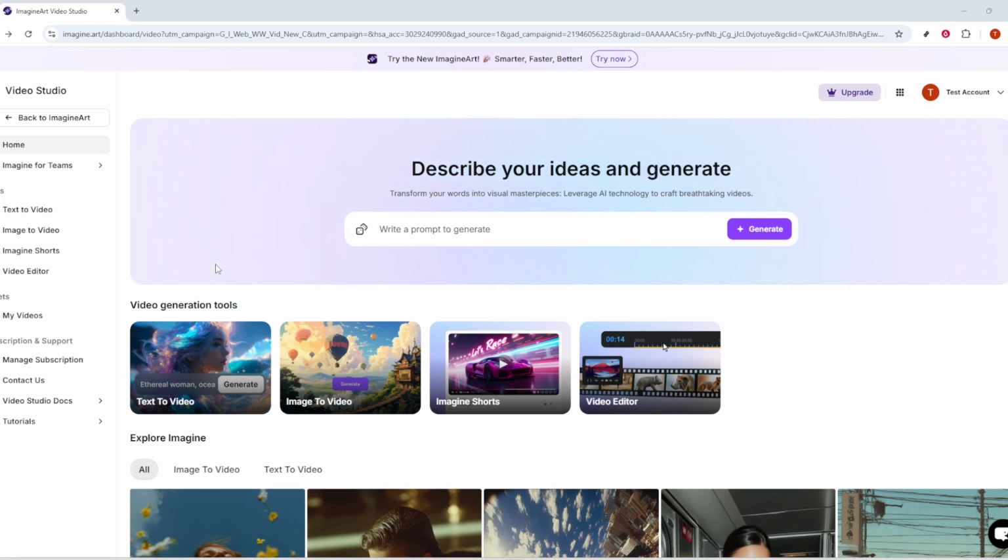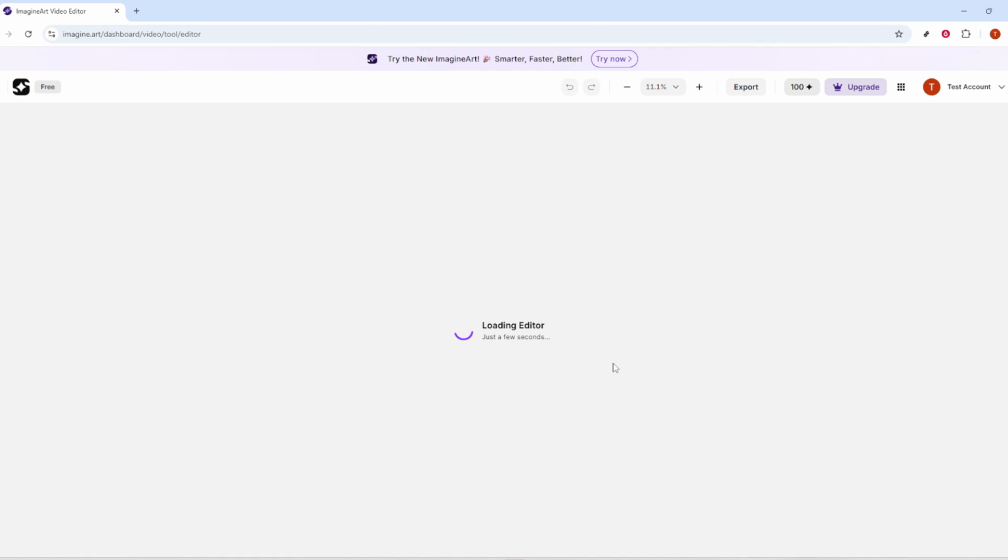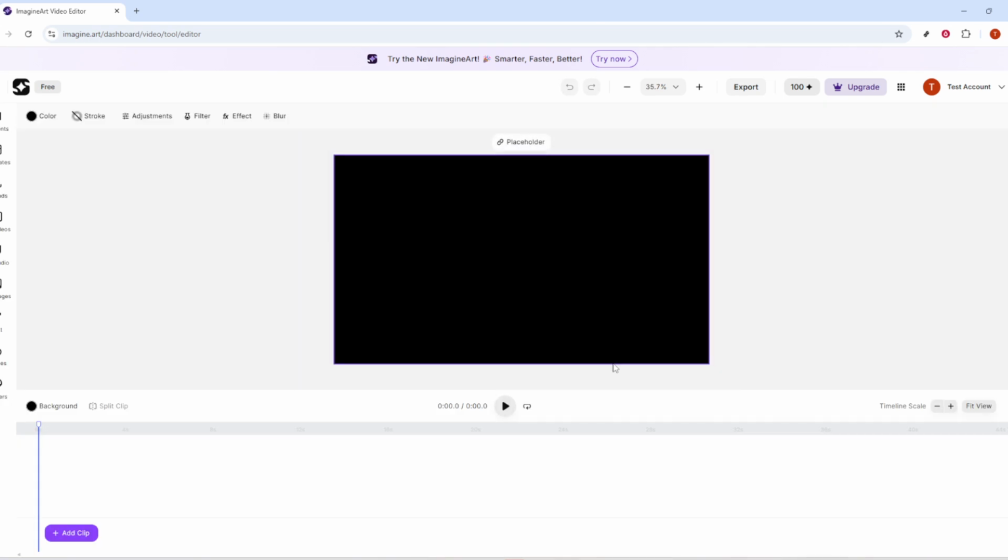First, head to the Runway ML website in your browser. Once you're on the home page and inside your workspace, look for the option labeled Video Editor. This is where all the editing features live. Click it to open a fresh editing workspace with a preview window, a timeline, and a left-hand sidebar that holds